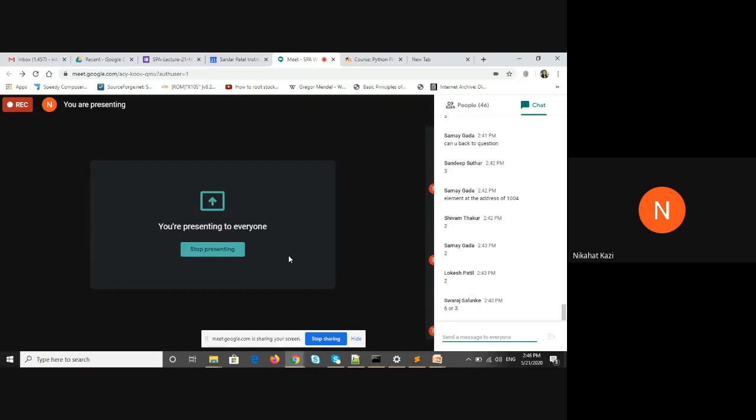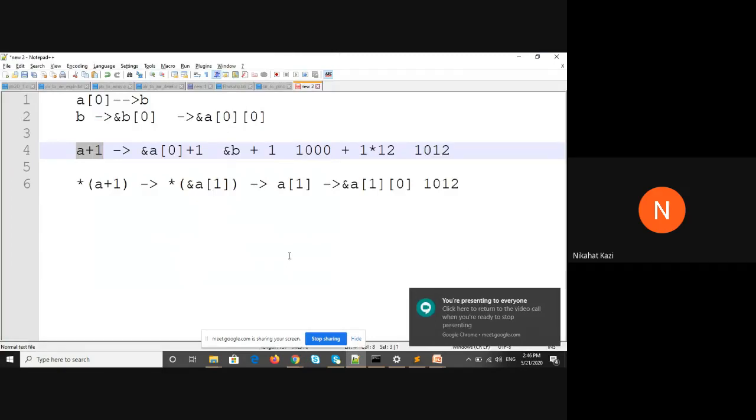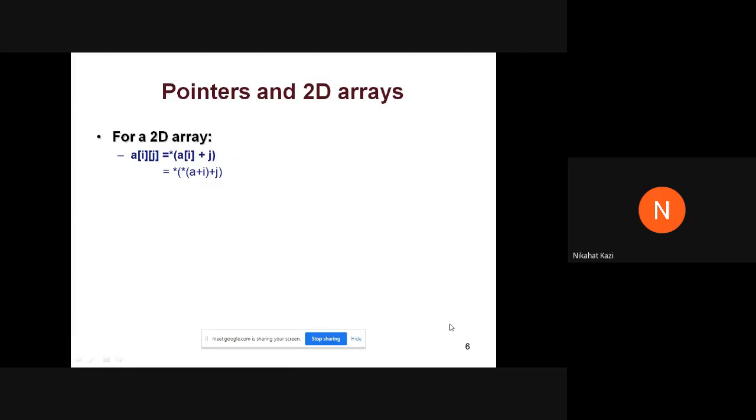If still you have doubts, you need to just work these expressions out. Okay. Once you have worked these expressions out, I think you should understand. So that is all about 2D arrays and pointers. Okay. And this is a generic expression again. When I say A of i of j, A of ij, it is the same as star of A of i plus j. Okay. And it is the same as star of A plus i plus j. Okay. All these expressions are actually equivalent.